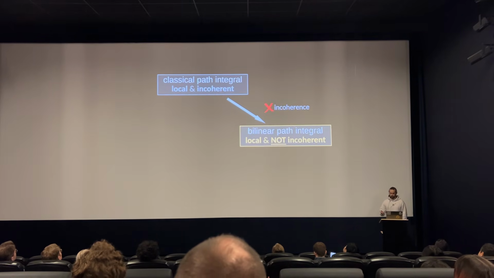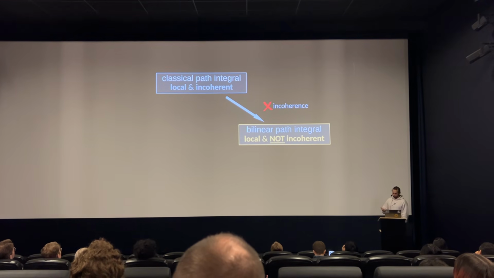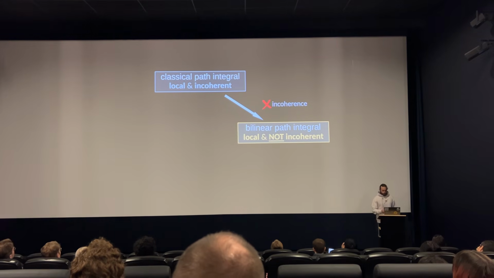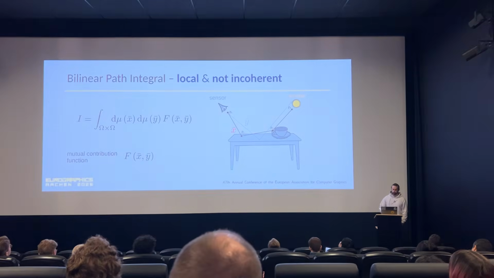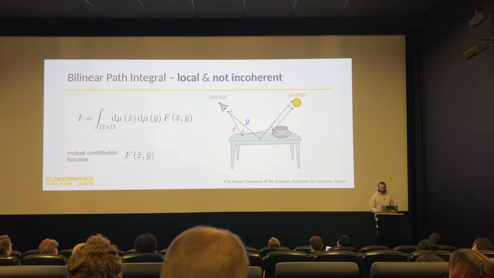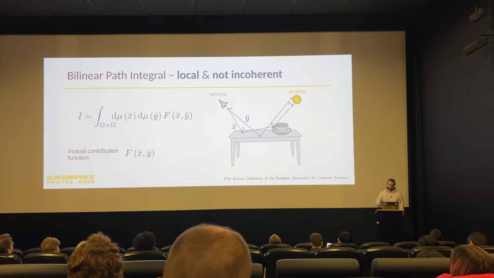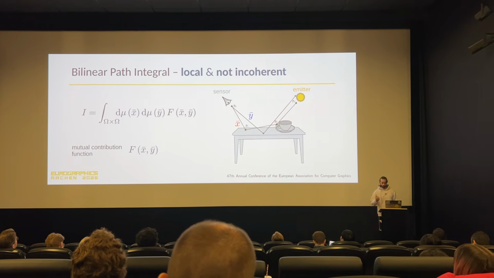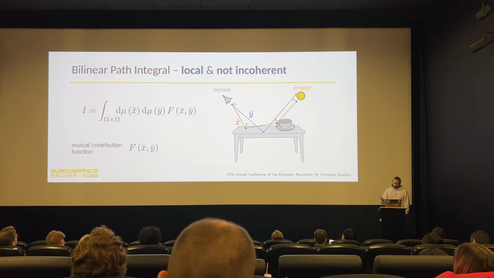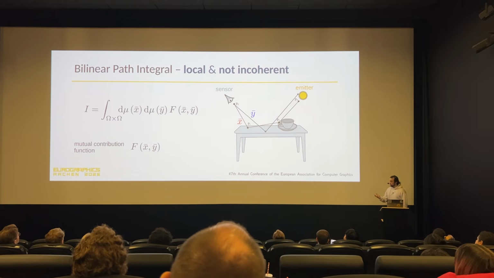We start by sacrificing incoherence and introduce the bilinear path integral. It's local, meaning we continue to ray trace, but not incoherent, meaning that distinct particles do interact with one another. In our bilinear path integral, contributions are summed up over every pair of passes, and we consider their mutual contribution, formalizing the fact that particles interact. In contrast with the classical setting, the mutual contribution function here may take negative values, and see the paper for